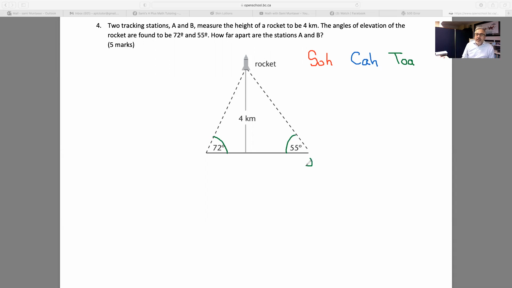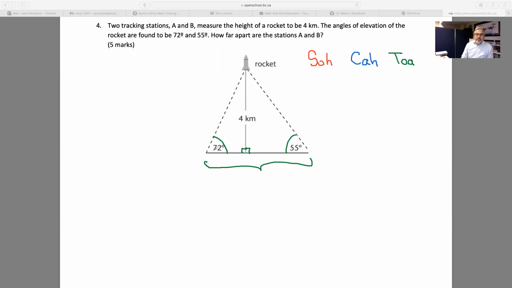So what they want you to find is this here. This is what we call an indirect question. You won't be able to do this in one step. So the first thing you want to do with this one, you have two triangles at 90 degrees right here, both of them. So if you look at this triangle right here